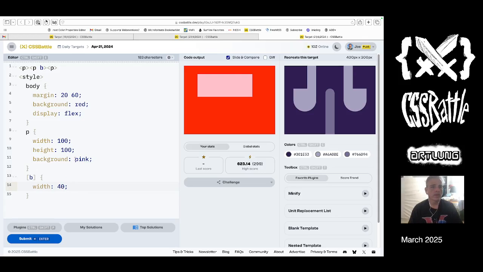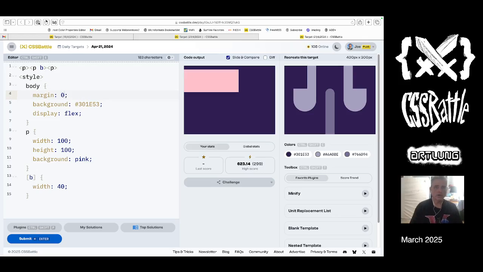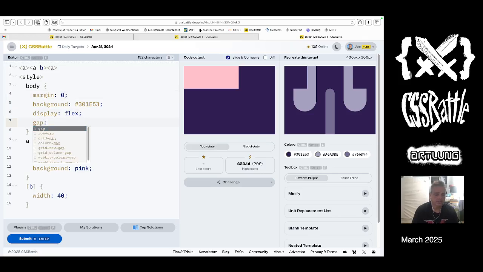Okay. And we can't see any of that because I'm not doing things in the right order. You know, what are you going to do? All right. I'm going to do a margin of 0. Oh, and this is one of those cases where I'm going to change to the A element. I tend to use the paragraph element just because it feels more correct semantically, but this is sort of silly. So let's do some. We're going to want a gap of 30 pixels,